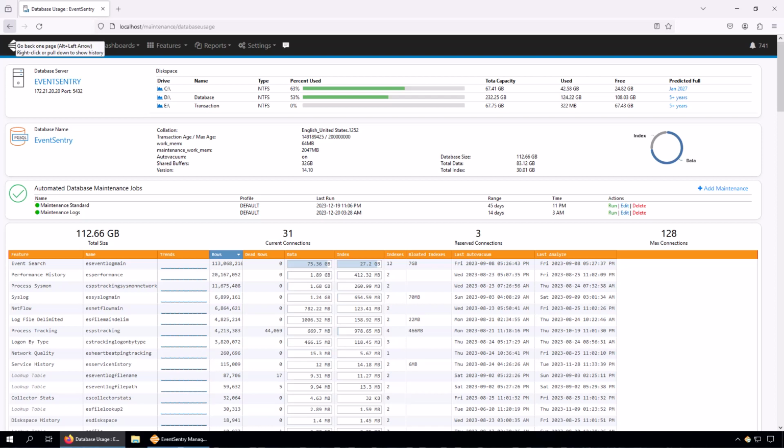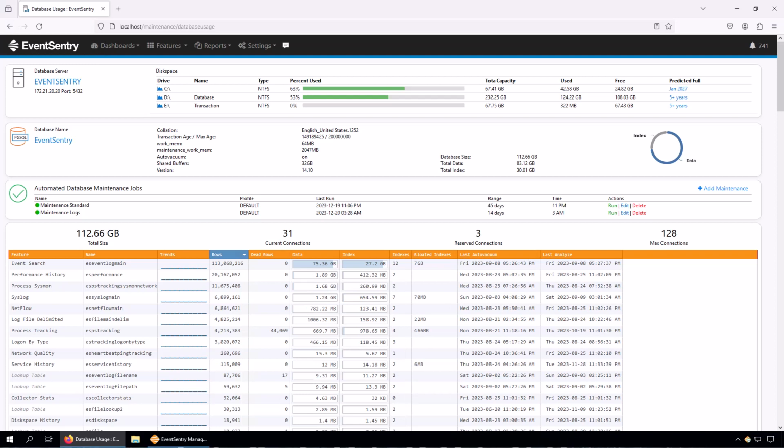So there are ways to get around it, but it's going to be more time consuming and may also result in temporary downtime of the database. Now that we've looked at the overall capacity of the database server performance settings, available disk space, the maintenance jobs,